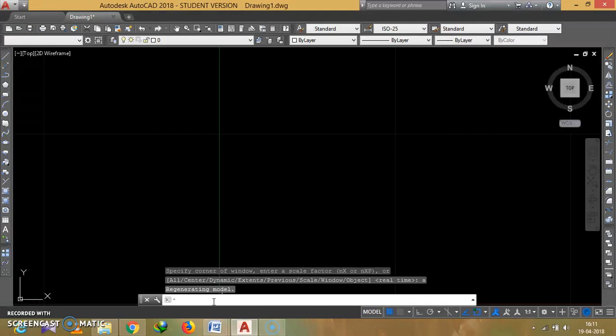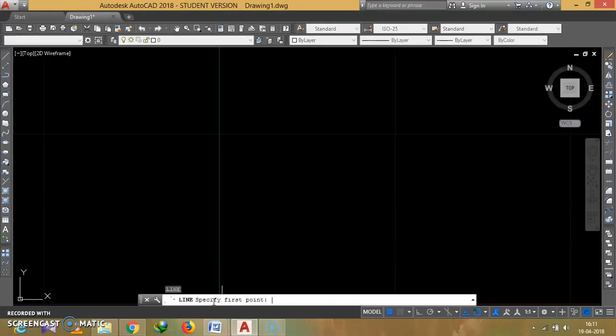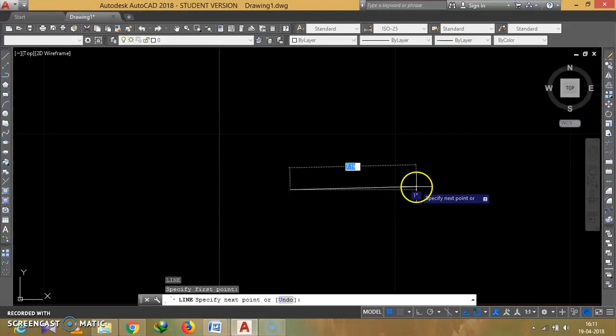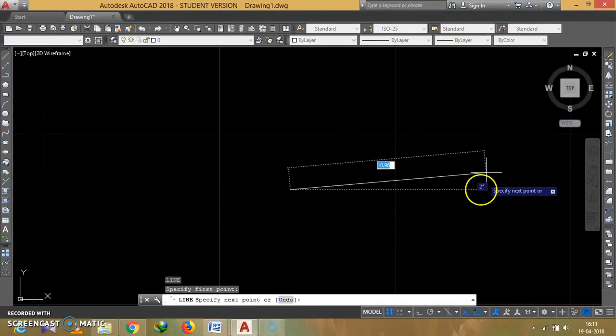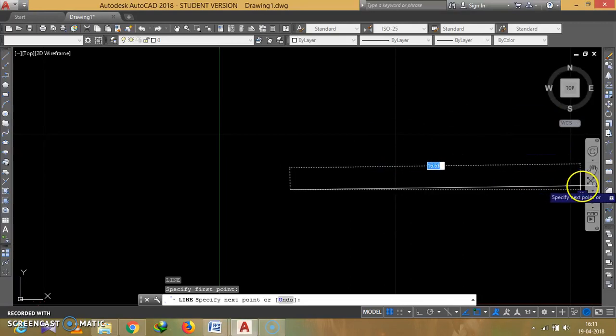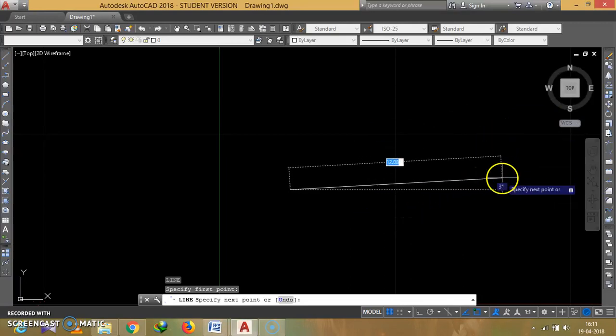So next we have to go for the shortcut commands. If I want to draw a line, the shortcut command for line is L enter. First I have to specify a point where I am going to start the line. So I am starting. If you see, the line is moving, and it is not perfectly straight.